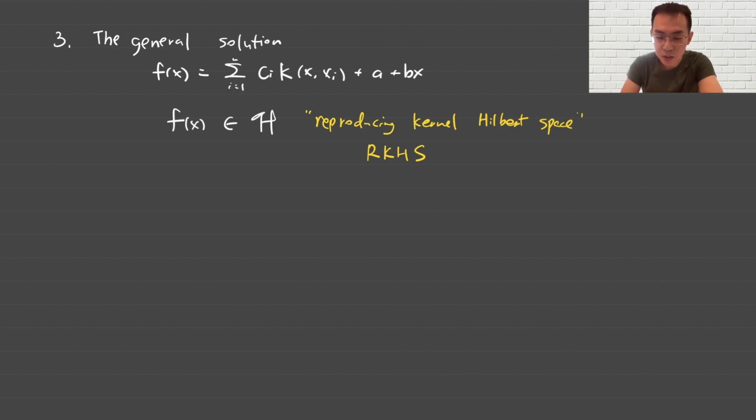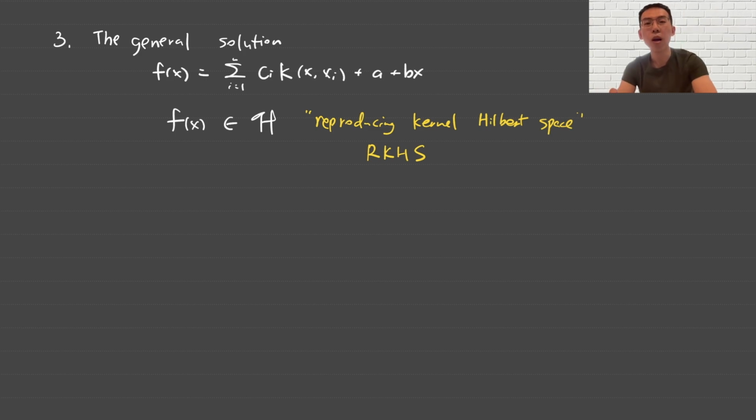So it's a sum of ci times the kernel function, plus a linear term that we have. This is a general solution for many nonlinear problems, and this function f(x) actually belongs to a space H called a reproducing kernel Hilbert space, or RKHS. It is just a fancy name to say f(x) can be written as a sum of a bunch of kernel